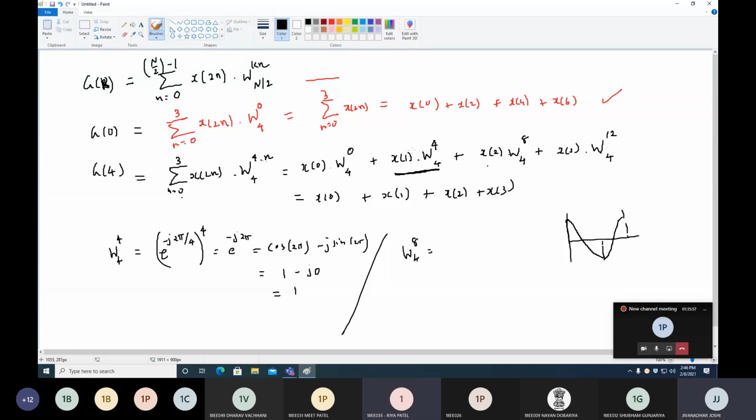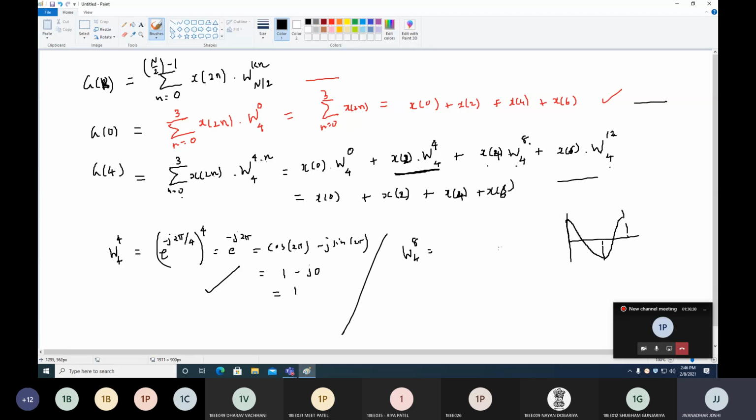When I put n equal to 1, you mean to say here x of 2 because n equal to 1, so x of 2. So this is 2, this is how much? 4. And this is 6. So 2, then 4, then 6. Because W4 raised to 8 is also 1 and W4 raised to 12 is also 1. You may derive it later on by this method. So both of these things are same.